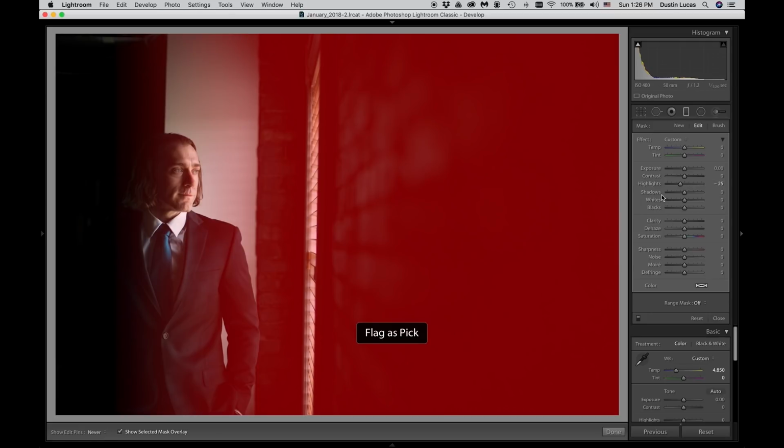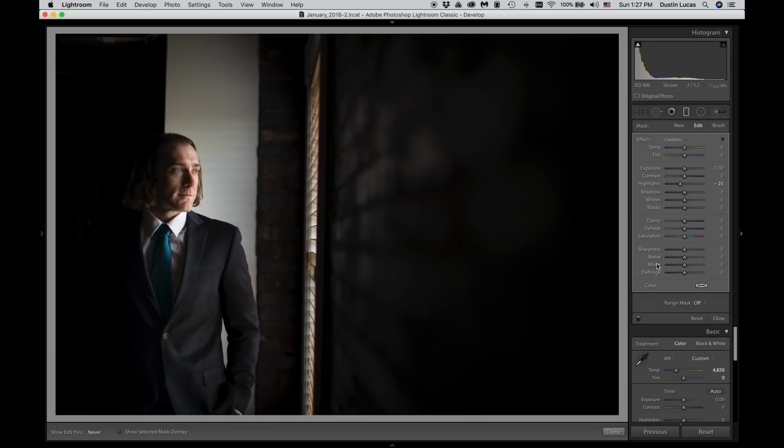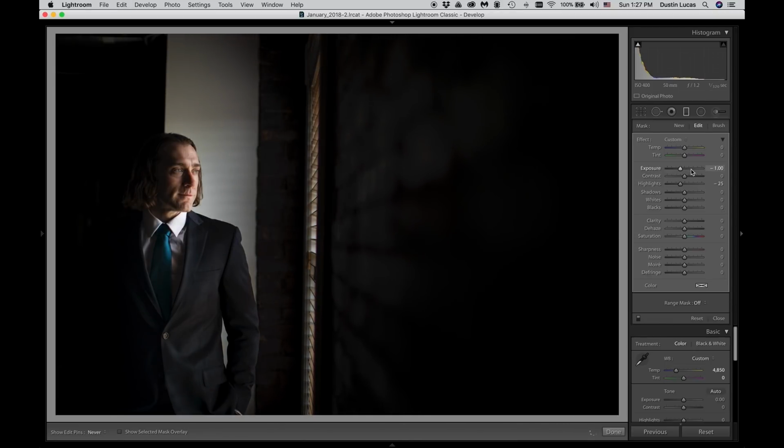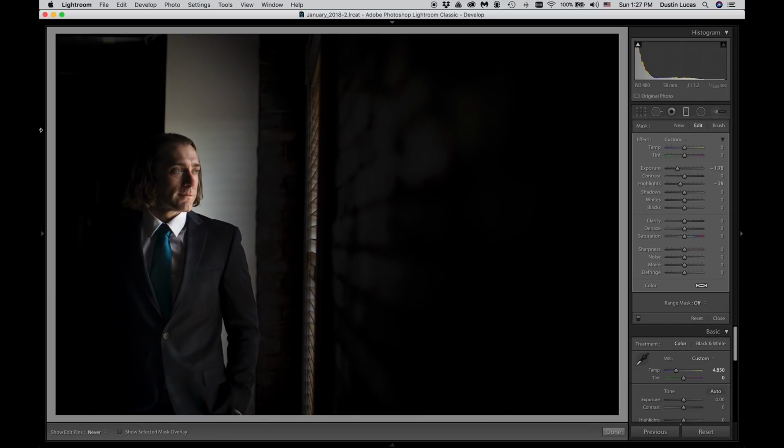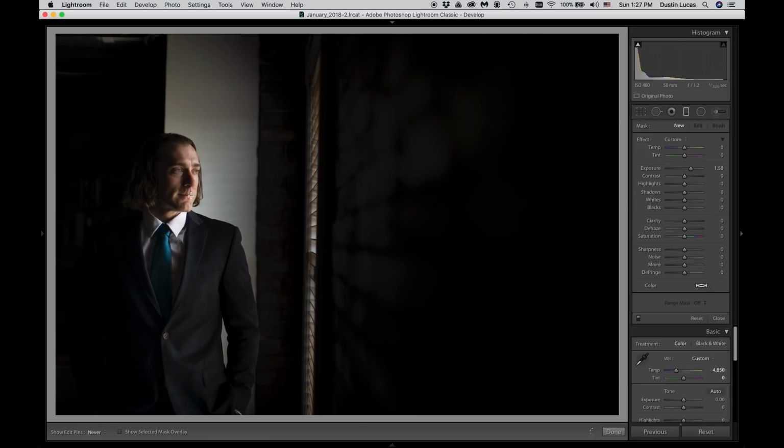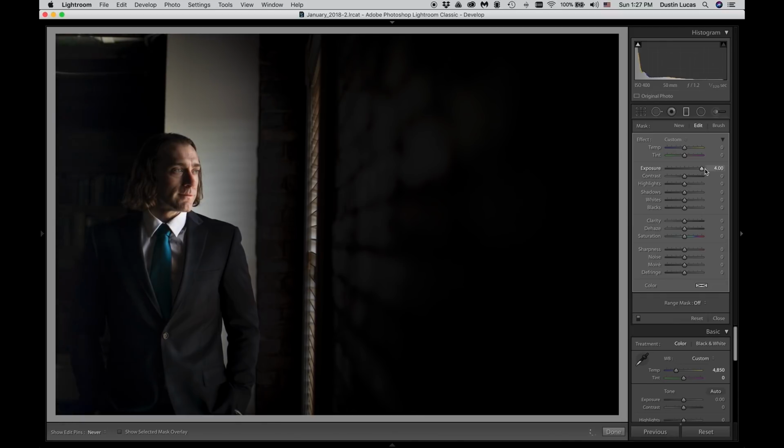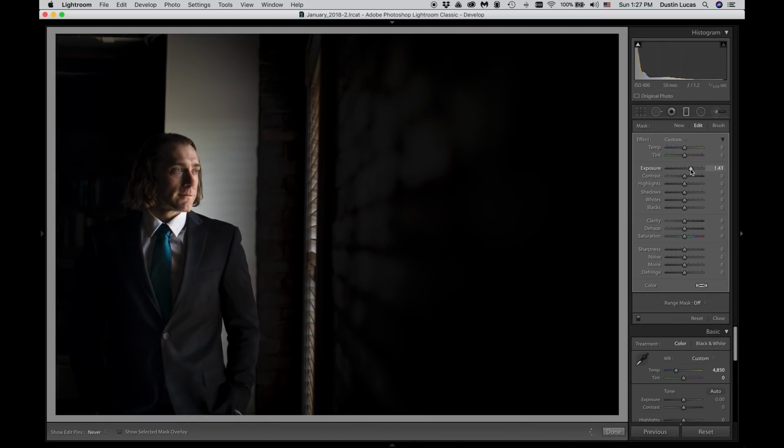So if we want to, again, I'm going to hit the O key. If we want to increase the black point, and it's a little too much, or we want to get a little more dramatic, right? We can darken those areas without losing light over here. And what's interesting about this is if I take this down a stop and a half, to really give it some drama and a little bit of highlight recovery, I can now add a new graduated filter over here. And I don't necessarily want to increase it by a full stop, but you can show, if you want to bring some of that separation light in just on the edge of him, it gives you a nice